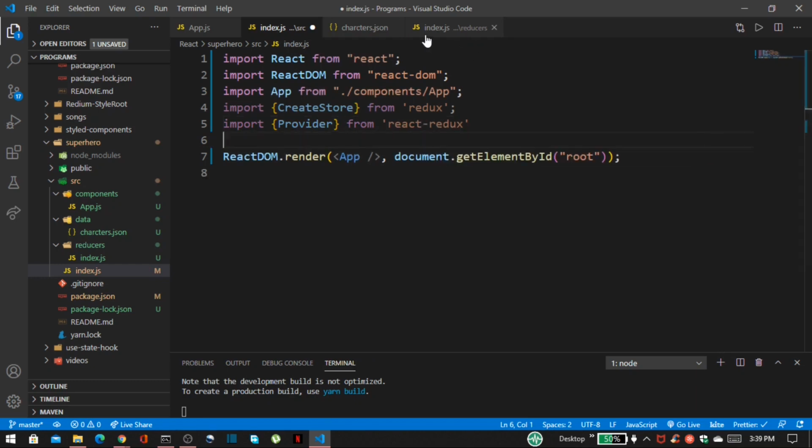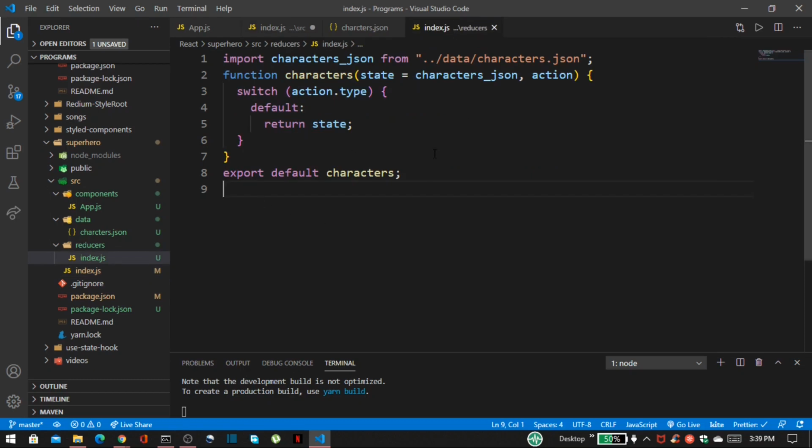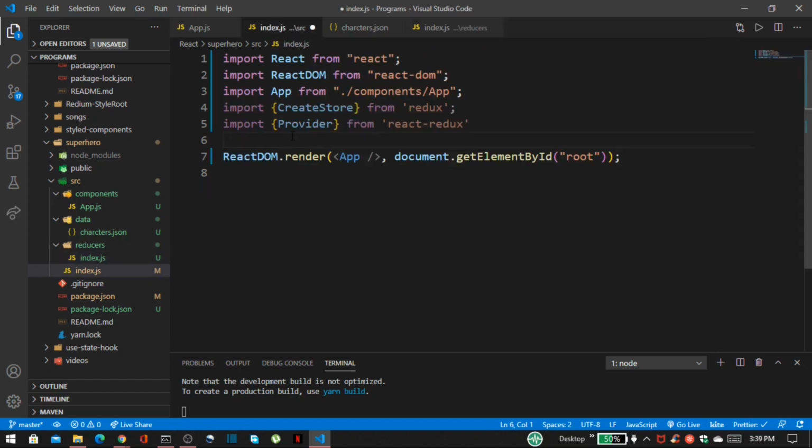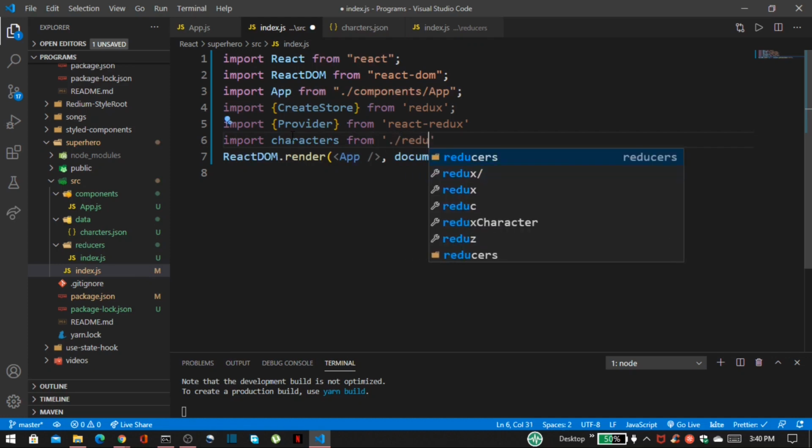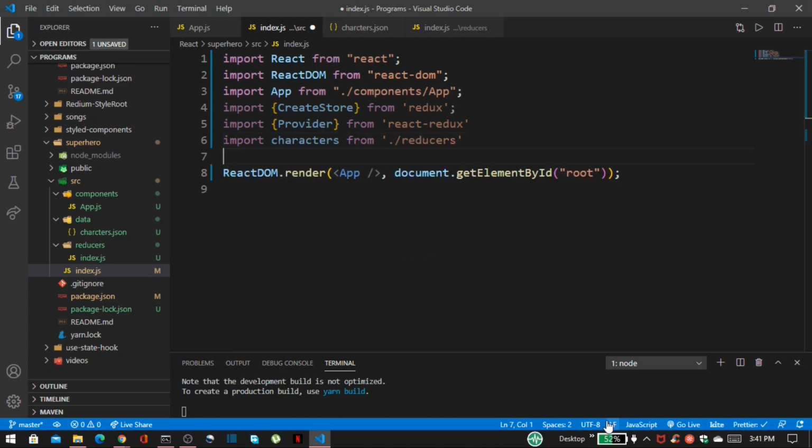After that, we have to use these characters that we export from our reducers. So here import characters from the reducers folder. After that, we have to use this createStore terminology.